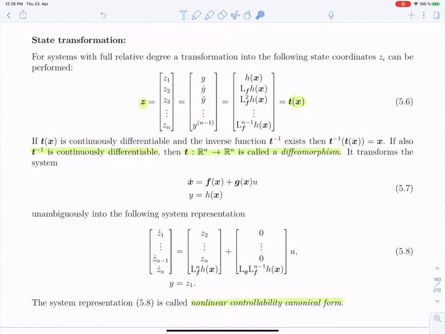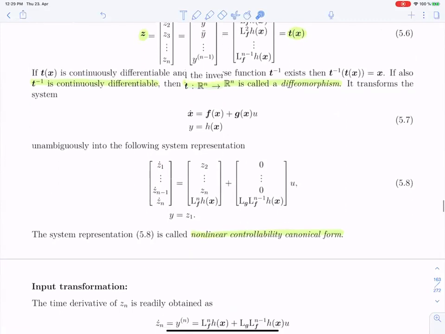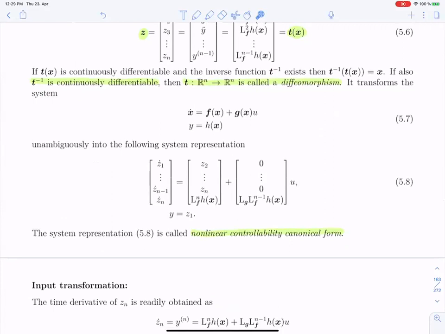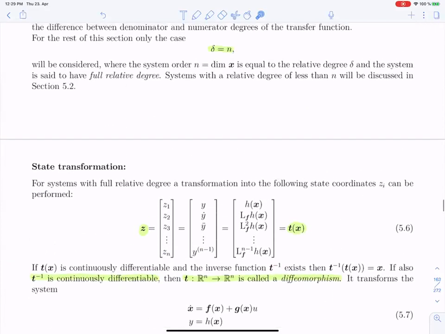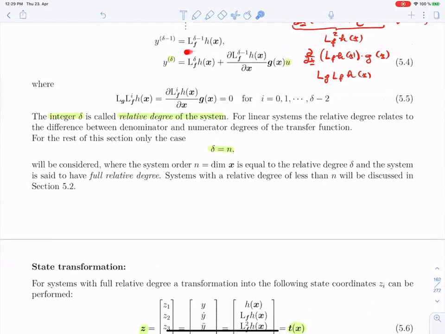So what you can see here, by using this particular state transformation, is that the system dynamics is essentially linear. The derivative of any particular state is simply the next state. C2 dot would be C3, C3 dot would be C4, all the way through Cn dot. If we arrive at Cn dot, you can see there's a certain problem. It doesn't look so neat anymore. Cn dot, by definition, if we take this equation here,